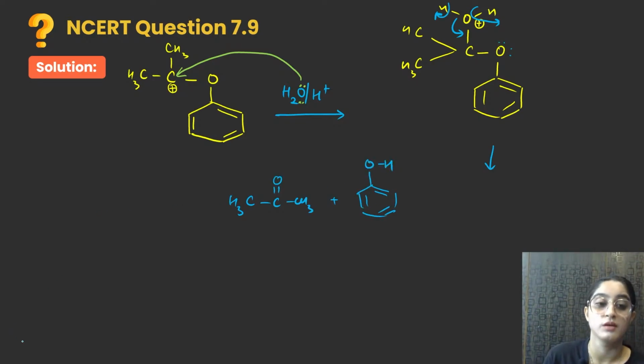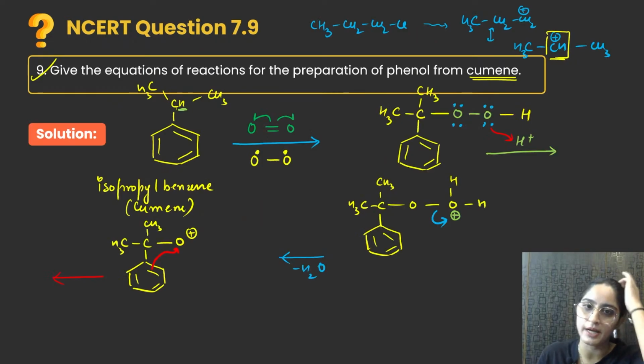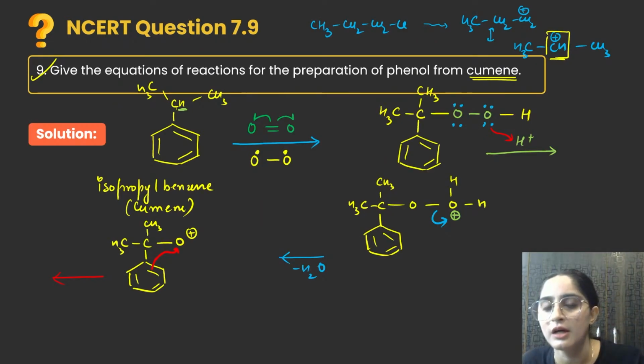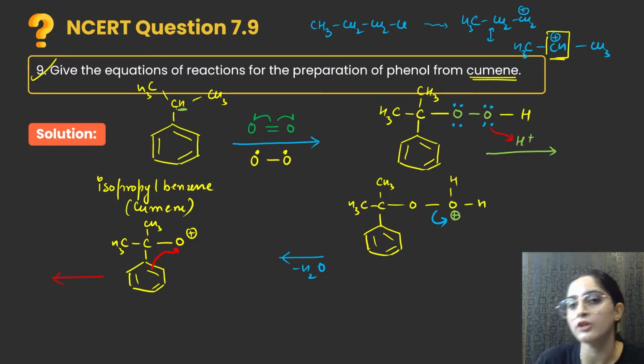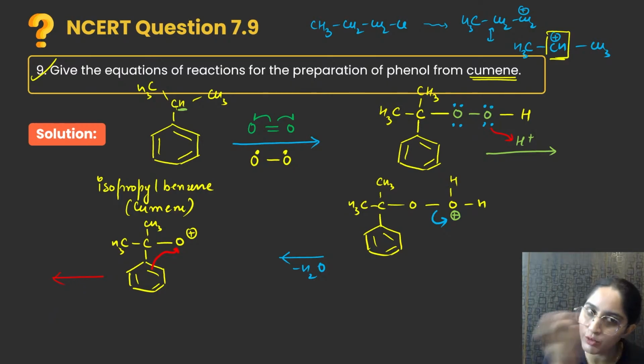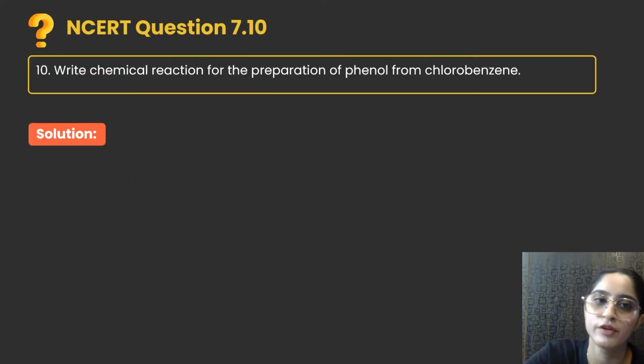So this is generally not a very easy step, right? There are so many steps that you can do, but see, if you're preparing for CBSE, then beta you can directly write that also. But if that question is given in CBSE for 5 marks, then you have to write the detailed mechanism, right? If that is given for 2 marks, then you just have to write the reaction, the reagent, the starting material and the final product, right? And if it is in NEET or JEE, then beta you have to know the full reaction, right? Then you have to know that.